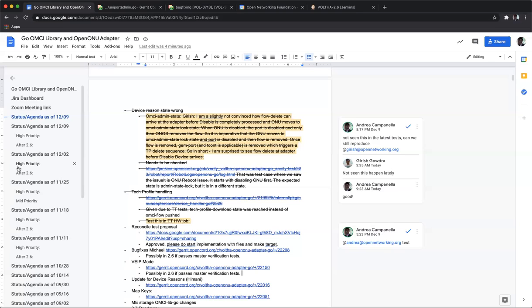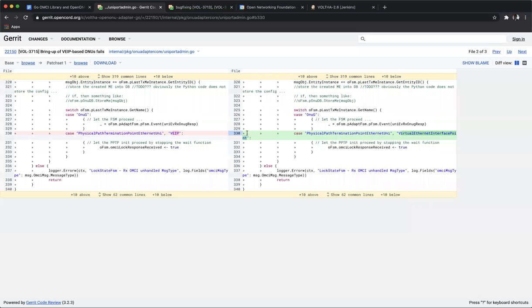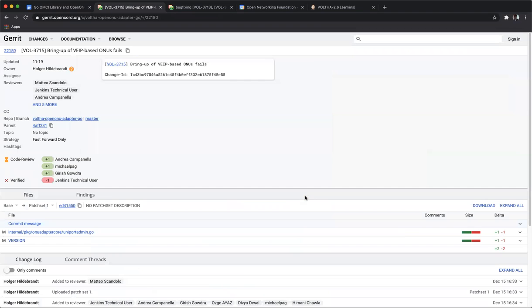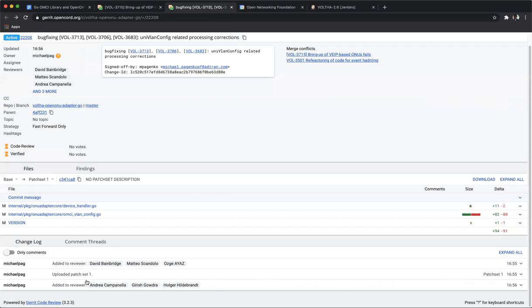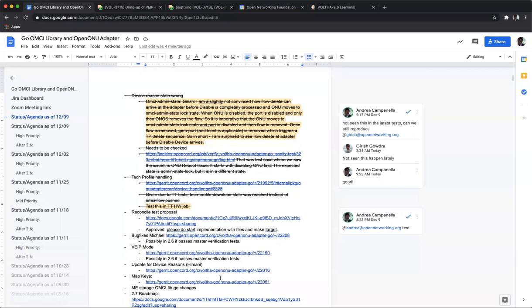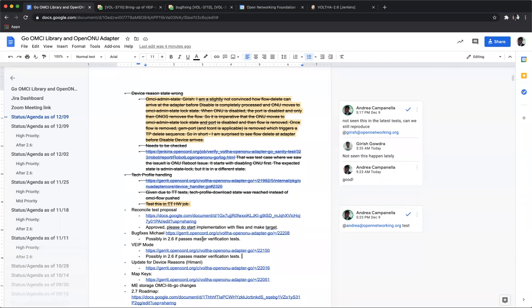So I think what I'll do is, given the fact that this one actually passed verification, I might just go ahead and merge it. I need to recheck it. I'll recheck this and get it merged as soon as it passes the Jenkins verification. And I will do the same after the review here. We'll do those and get the test working tonight, hopefully, for those, 2.6 and master, and then see if it works on 2.6. Okay.